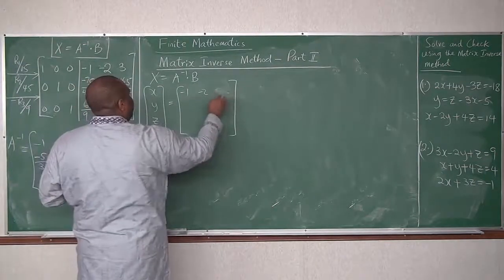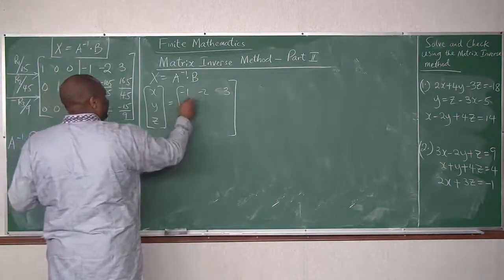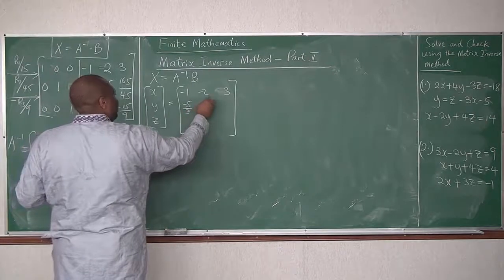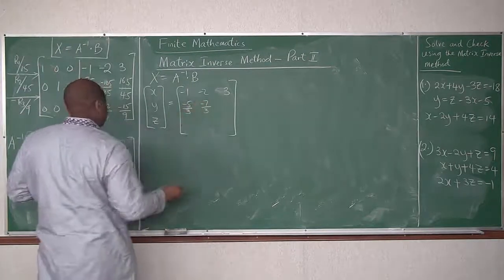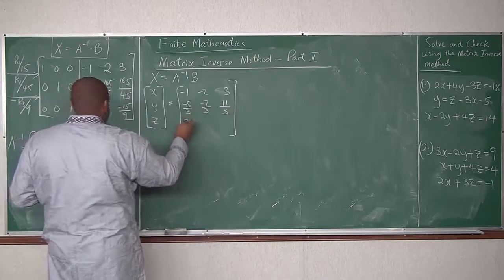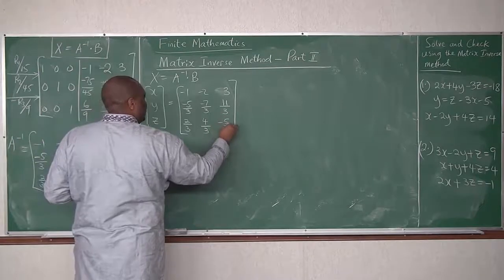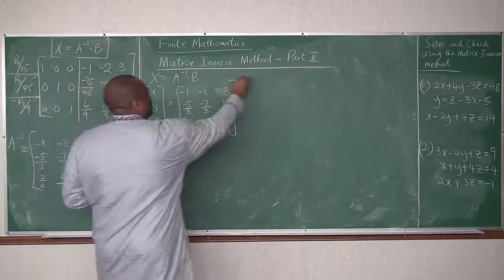I'm sorry, negative 1, negative 2, 3. Negative 5 over 3, negative 7 over 3. I am doing this by row. 11 over 3, then 2 over 3, 4 over 3, negative 5 over 3. Times